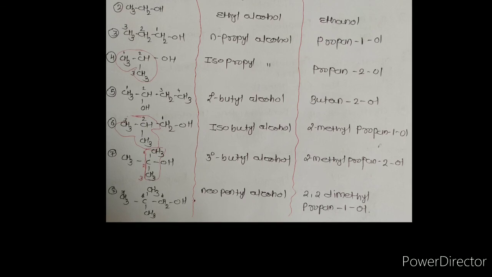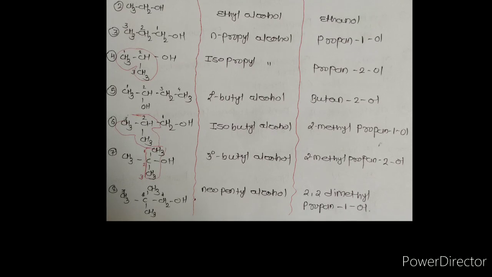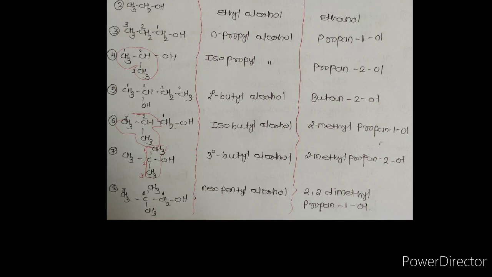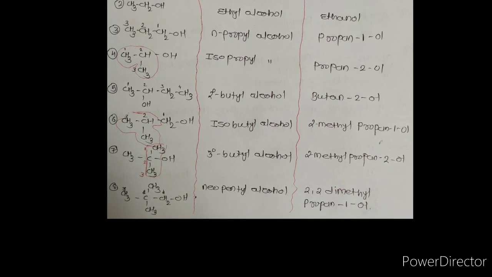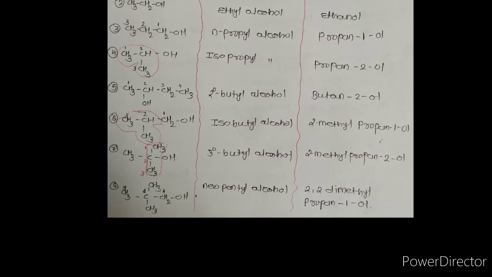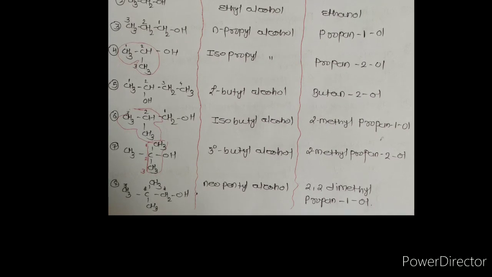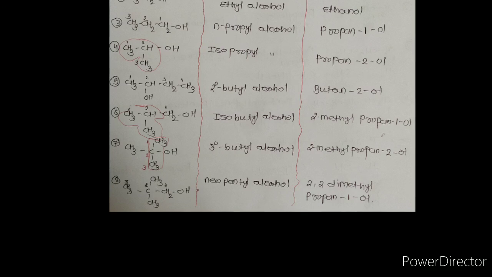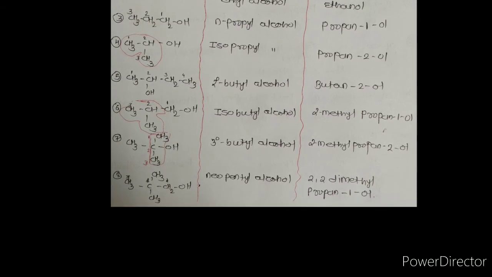Now the total number of carbons is 4, hence it becomes butyl, and due to the presence of an OH group it becomes alcohol. So the final common name of that compound is 3 degree butyl alcohol, or tertiary butyl alcohol. If you are talking about its IUPAC name, first decide the longest chain, which becomes vertical, on which the second carbon contains one methyl group and also the OH group. So the answer is 2-methylpropan-2-ol.